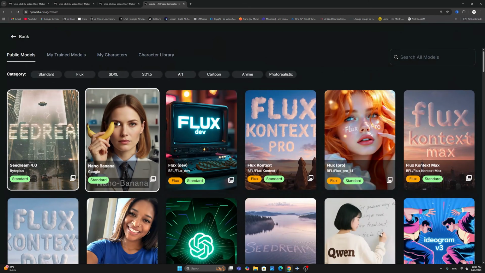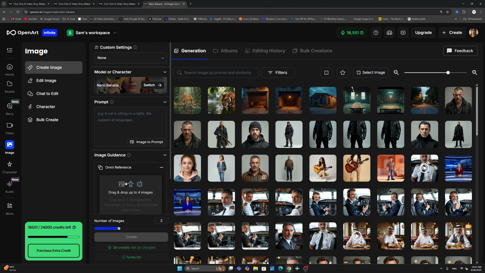And if I select the Nano Banana model here, you'll see that I will be charged 15 credits for an image. I think this is a little bit excessive. So for some features and some models, I think the pricing is slightly overpriced, in my opinion. And that's a complaint that I have about OpenArt's